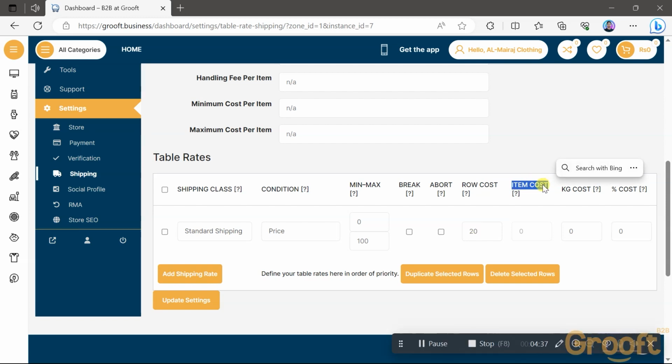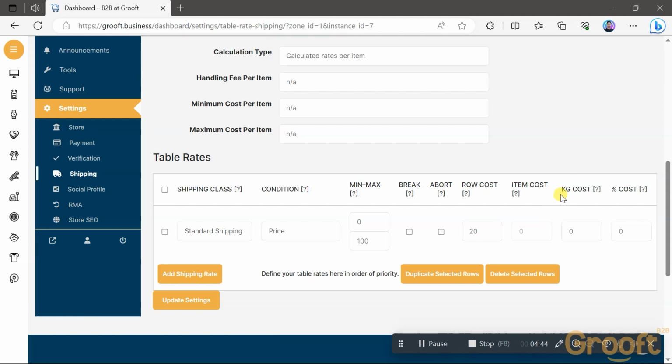The item cost field represents the cost per individual item. For example, if you want to charge $20 for each item, you would enter 20 in this field. The kg cost allows you to specify a fee per kilogram. This feature is especially handy when dealing with delivery services that charge based on weight. By setting the fees per weight, you can effectively manage the shipping costs based on the weight of each item